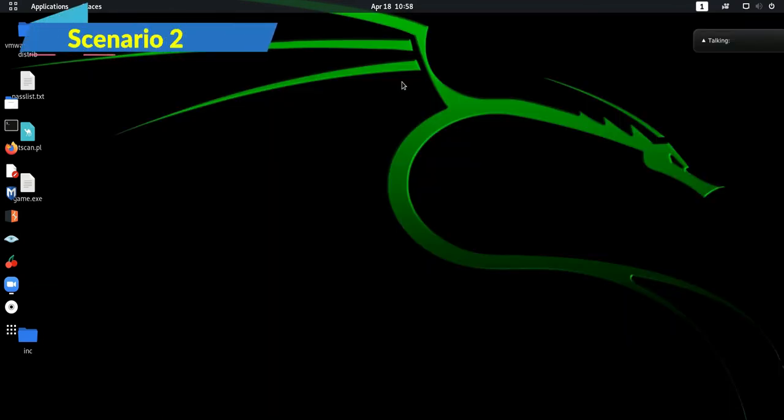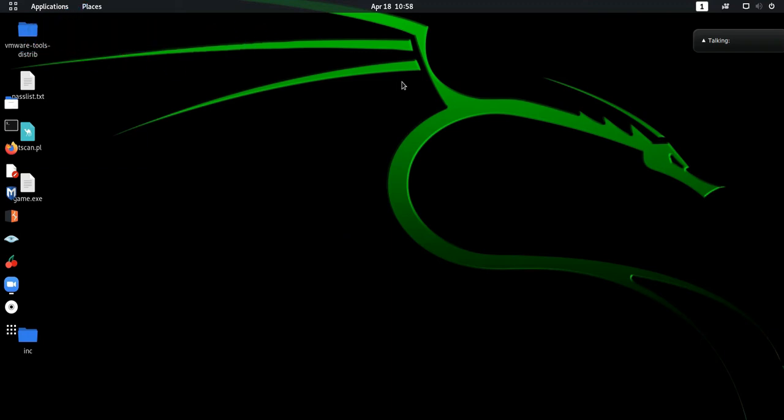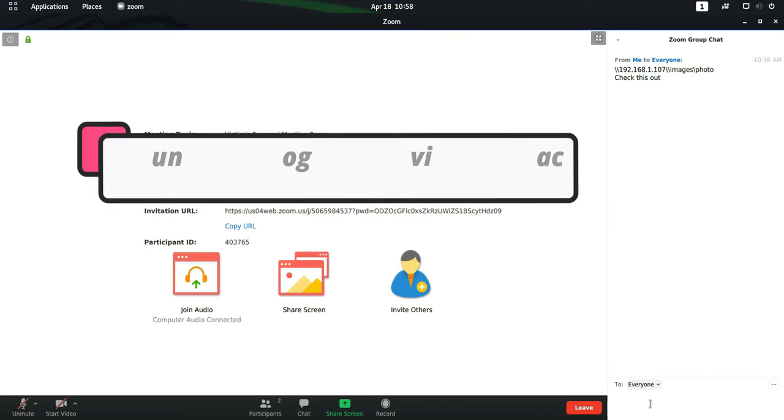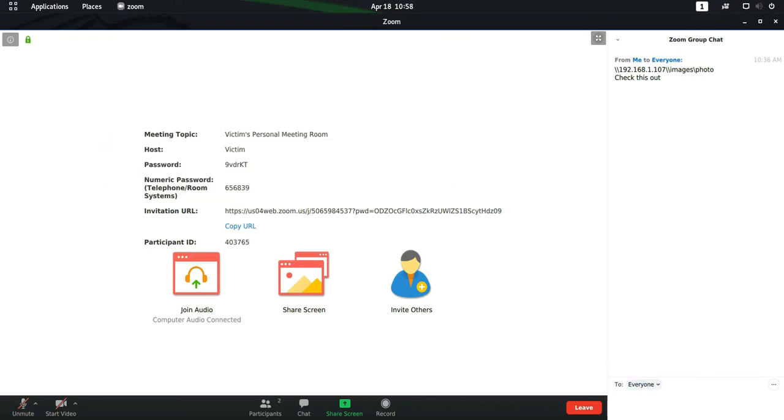The second scenario I'm going to discuss is launching programs on the victim's machine. Pretty simple. Now what the attacker is going to do is just use the Zoom chat, sending a simple directory to the victim. For example, let's launch a program, say Notepad.